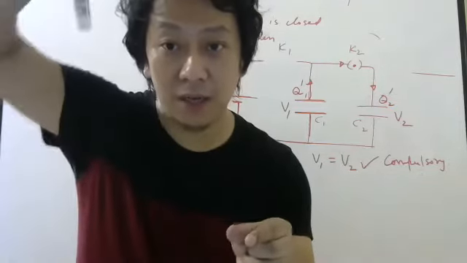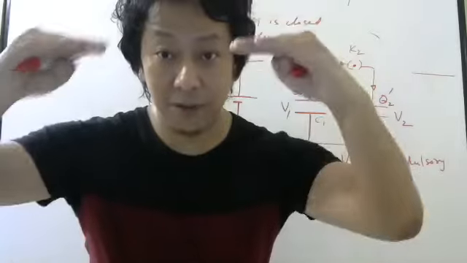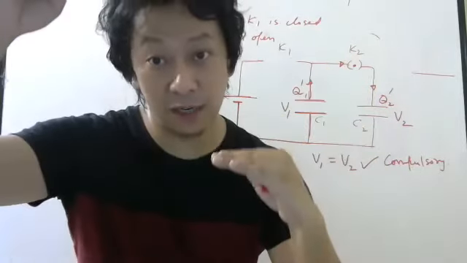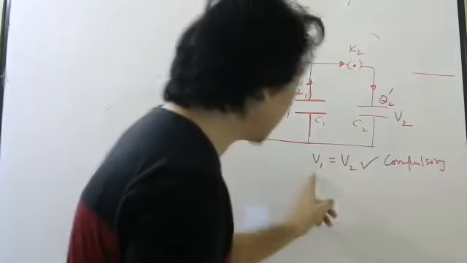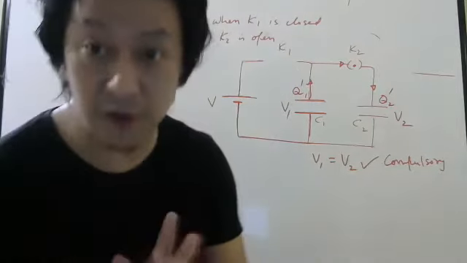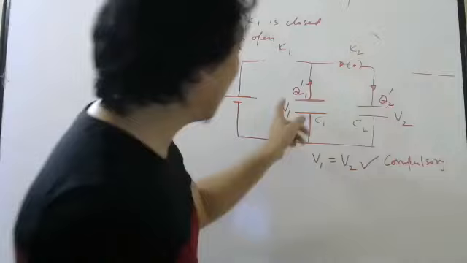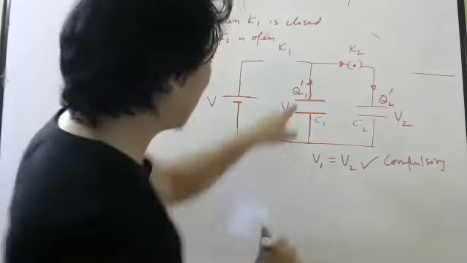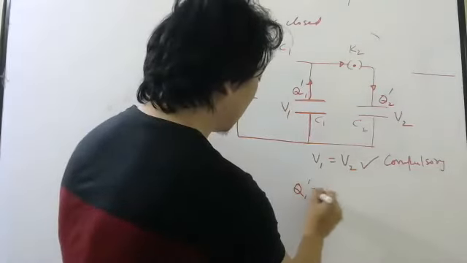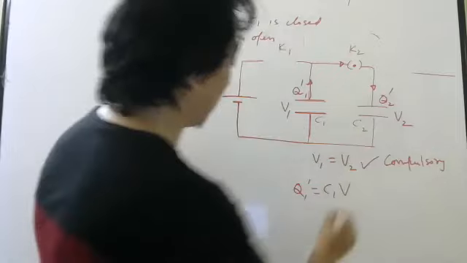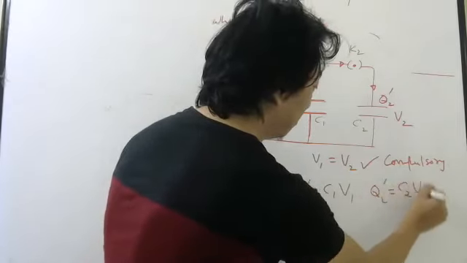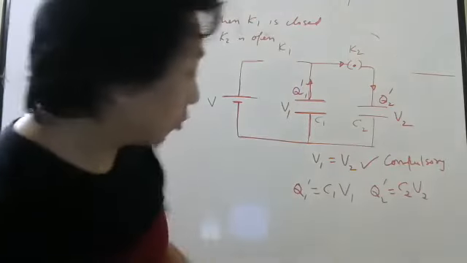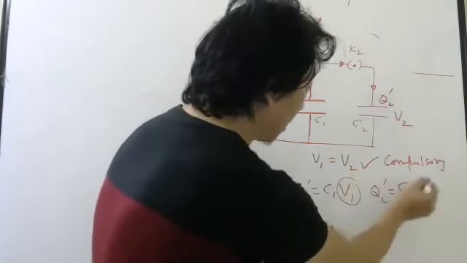When you pour water in a U-tube, the level must be same. If it is not same, water will keep flowing till the level is same. So potential must be equal. However, it is not nature's law that charges also should be same. Because charge here will be what formula? C1 into voltage V1. And charge here will be what formula? C2 into V2. Right? So you know V1 and V2 are equal.